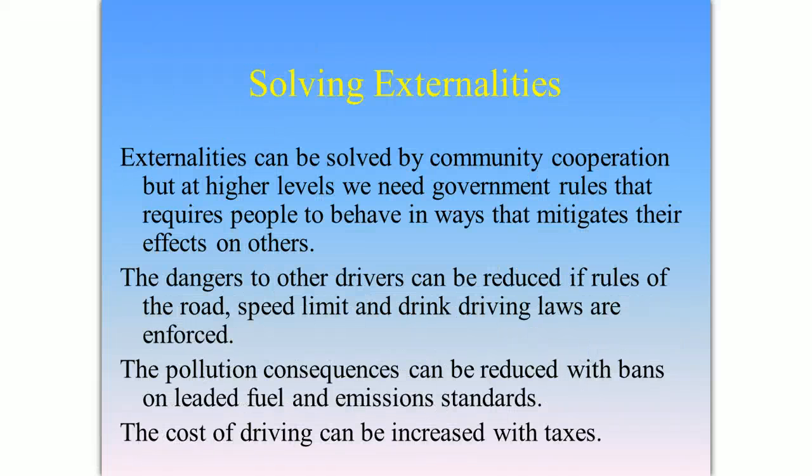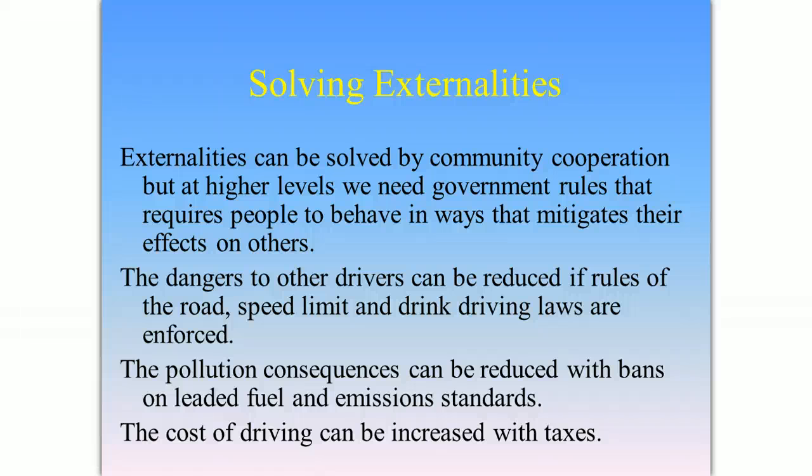So how do we solve it? If the unregulated market produces too much, we know there's perhaps some social optimum out there. How do we solve the externality problem? So they can be solved by community cooperation. People realizing that, look, there are costs incurred here, that we'd all be better off if it was looked at in a collective manner. But that generally only would happen in small, close-knit communities where there is a large degree of cooperation.